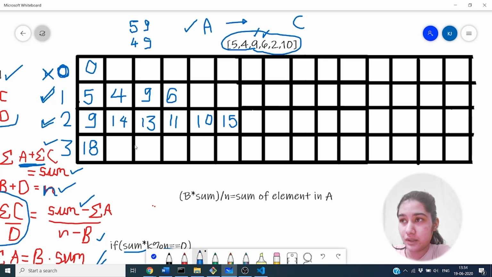Now for 3 elements, we have 5 plus 4 plus 6, that is 15, and 4 and 9 and 6, that is 19.